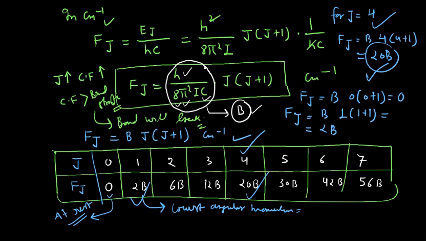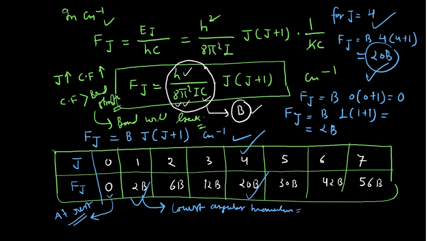So, listen carefully. See, there is no limit for the J energy levels. However, the centrifugal force of the rotating molecule increases with the increasing J value, and there may be a situation that your centrifugal force would be greater than the bond strength at a certain J value. In that case, your bond will break and you cannot actually study the microwave spectrum then. However, at normal temperature, that means if I am doing the experiment at 25 degree centigrade, this situation will not occur. So, this is the energy actually.